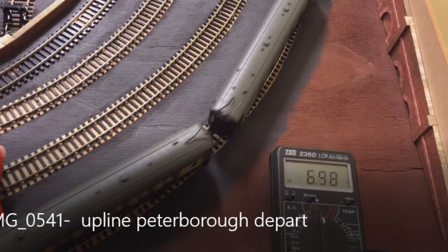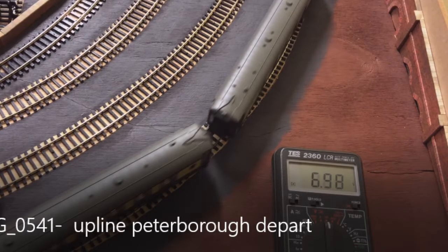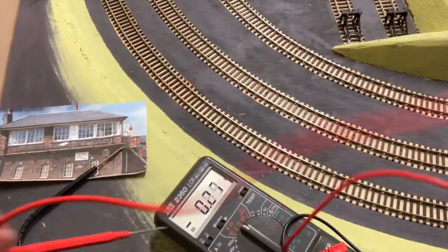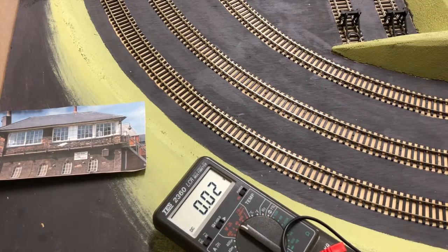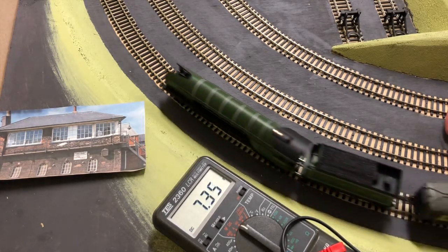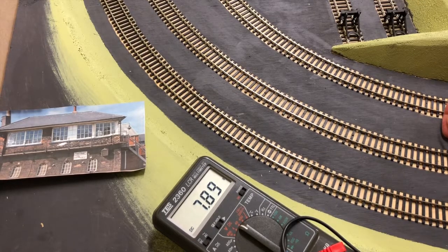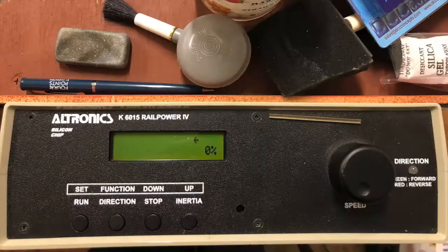On Mont Park Railway, the power is put into that section of track at the other end of the station. So I moved my multimeter down to the approach side of Peterborough Station and found that it was probably not quite 0.5 volts difference between one end and the other, but that was significantly different. It didn't explain why I was getting over 2 volts difference at that end of the station as the train went through. So then I ran the train through the section, and sure enough, the voltage was actually dropping, even as the train went round the bend at the far end of the station, at the departure side. You could measure the drop occurring also at the point where the power came into the track for that section. So I thought,